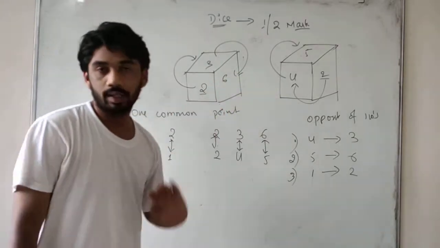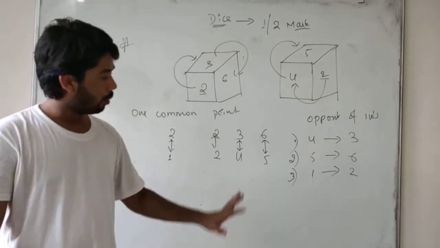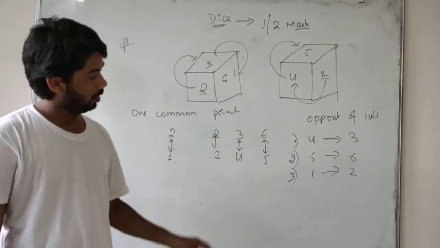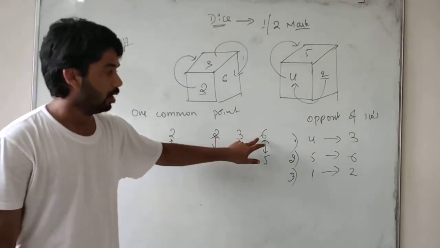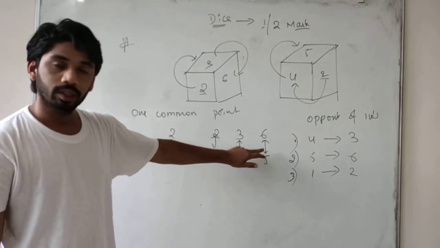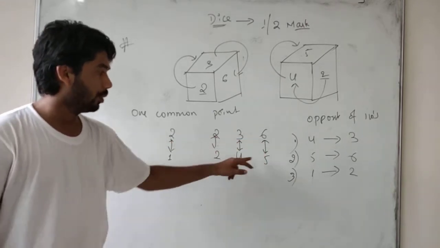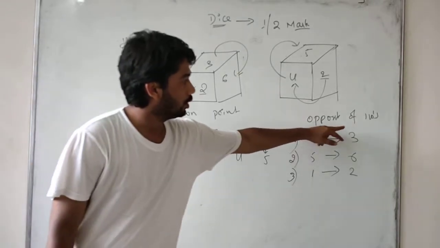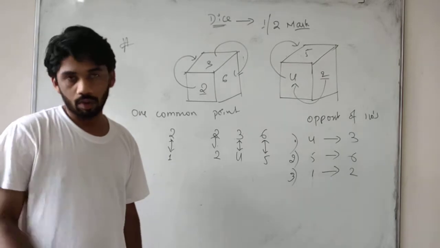Here there are 2 diagonals given. In 2 diagonals, there will be one common point. For one common point, we will use this method. 2 here is common, so I will take the clockwise direction. So that I will write after the resolve. So opposite of 6 directly is 5. Opposite of 3 is 4. Opposite of 2, why is one number not written? So 1. So opposite of numbers, we can take any number of them. So in this way, we have to solve this problem.